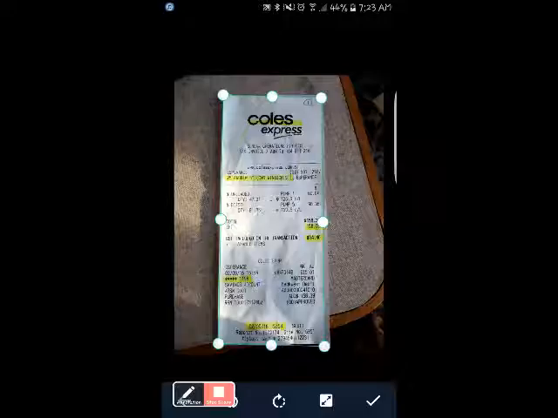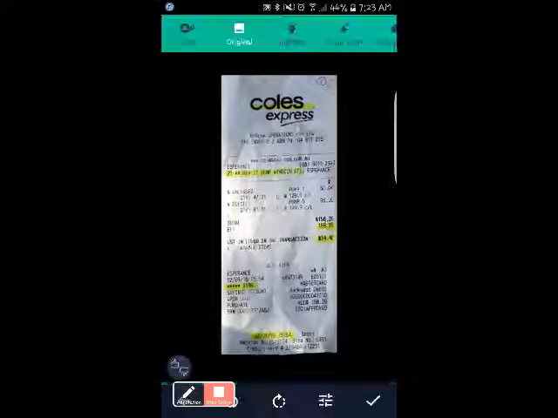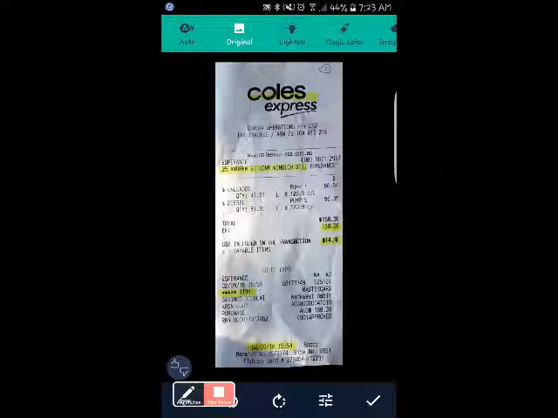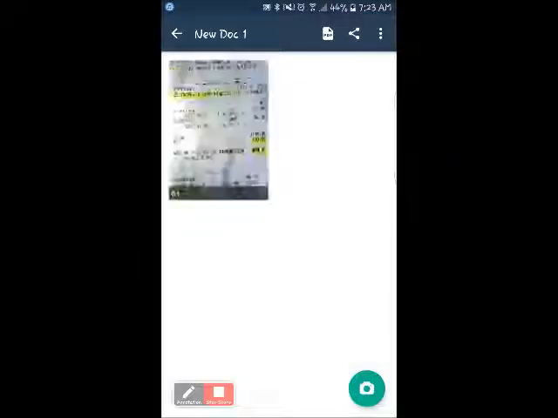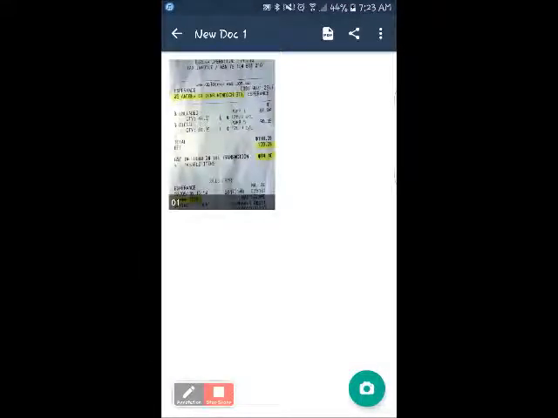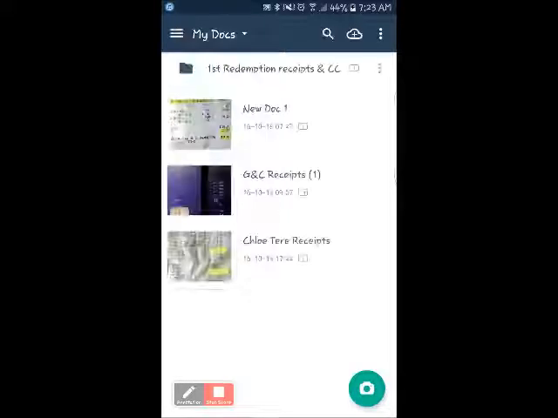See the tick button on the right? Brings it up and closer. And then I'm going to tick it again to save it. So that's my first receipt. And because I tend to do this every time I do a purchase, there's a chronological order. So going back to what I have already set up,